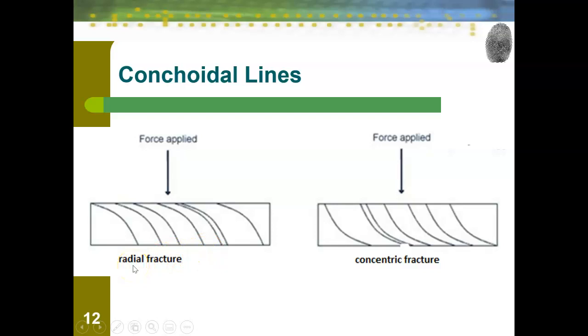In a radial fracture, one of those jagged line fractures, you can see that these curves are going towards the side the force is applied from. Meanwhile, on the concentric fractures, you can see that the curves are moving away from the side that the force is applied from. So as long as we know whether it is a radial or concentric fracture, we can look at the conchoidal lines to determine what side the impact came from, which once again is important for determining the story of what happened.